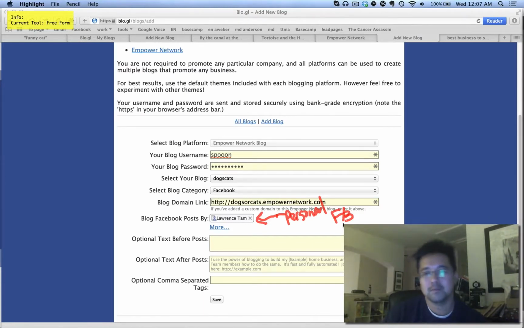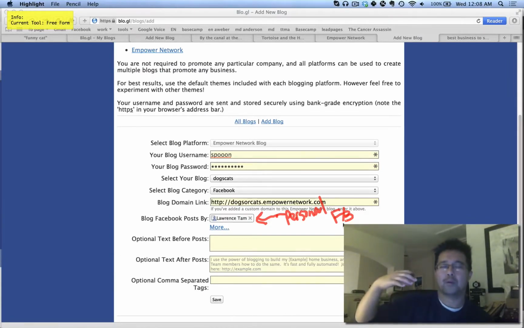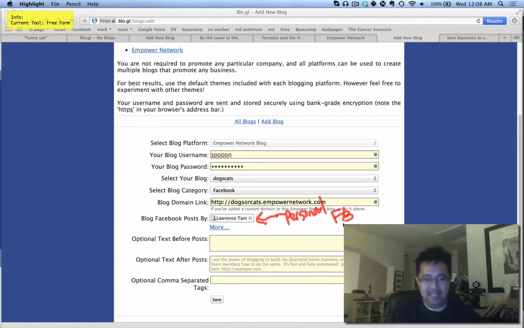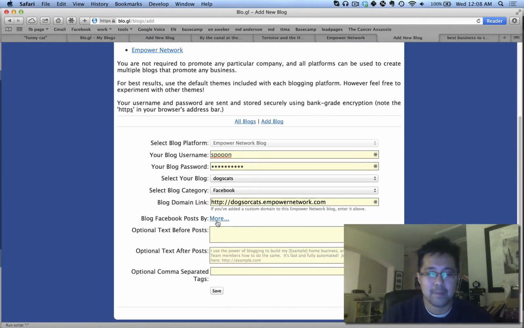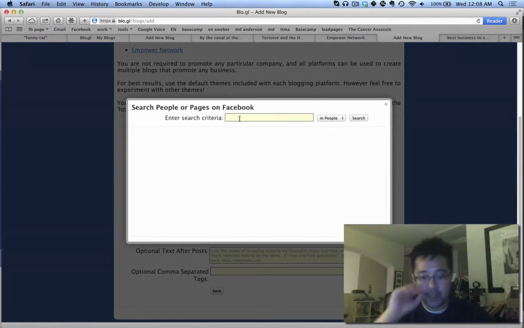It's more like personal, funny stuff, my personal life. But if this was my Empower blog, and I wanted to pull in my Facebook page, which is like 100% business, then what you do is you change it. The thing is, you can add multiple. So the first thing I would do is I would X that. I would add and go find your Facebook page.